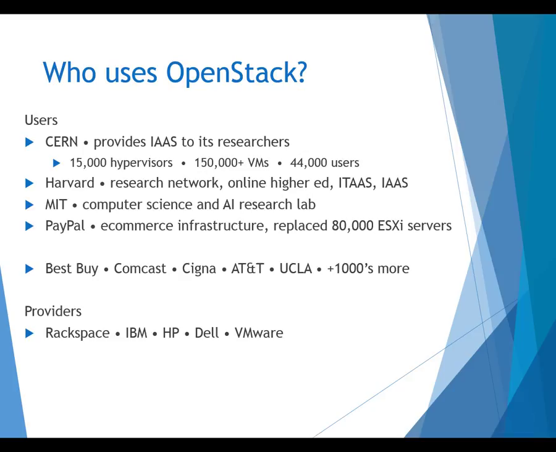When you go to a lot of these companies' websites, the web server they're hosting on, or multiple web servers and distributed databases, are all running in OpenStack. They're all load balanced. All that runs on top of OpenStack. As for providers, Rackspace provides OpenStack clouds to whoever wants to use them. IBM, HP, and Dell all have public clouds that are OpenStack implementations, and VMware has what they call VIO, which is basically a vApp that runs OpenStack for you.